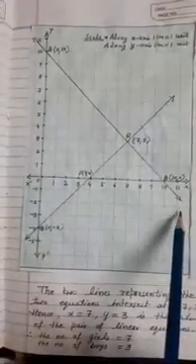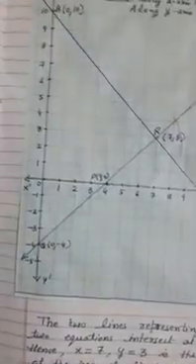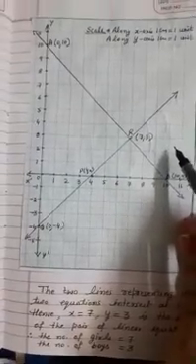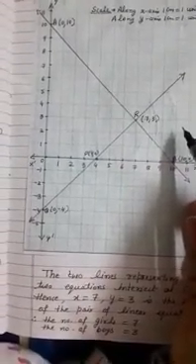You can see the graph here. I have plotted both the points A and B. We are getting the first line, and P and Q. This is the second line. You can see here by joining them we get their intersection point, which is R, whose coordinates are 7 and 3, which is called the solution of these two lines.